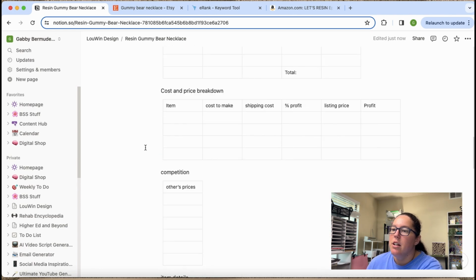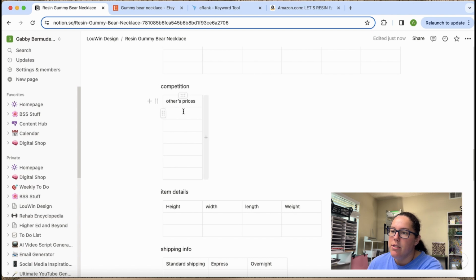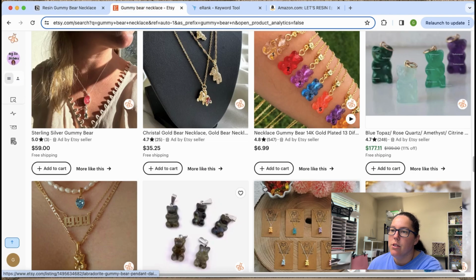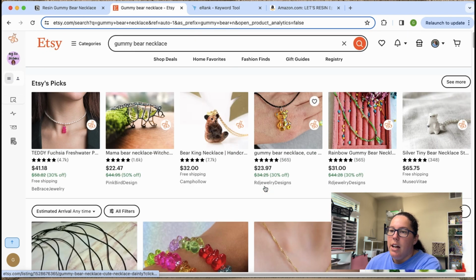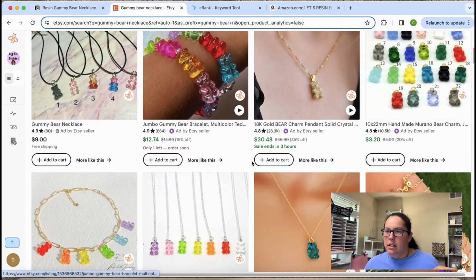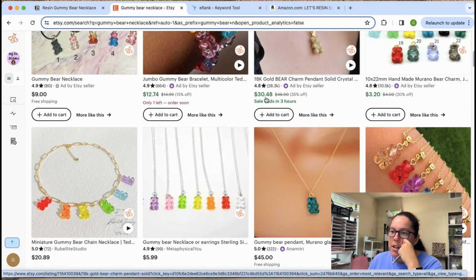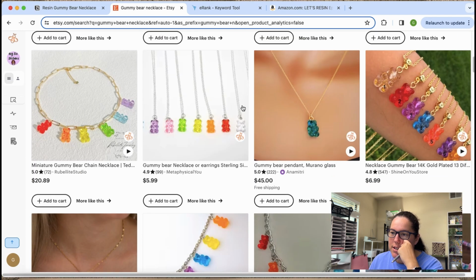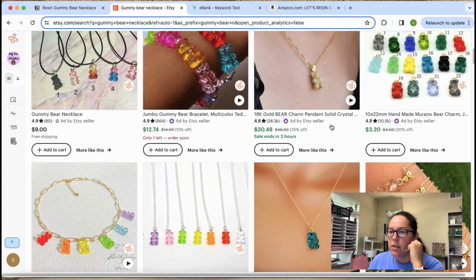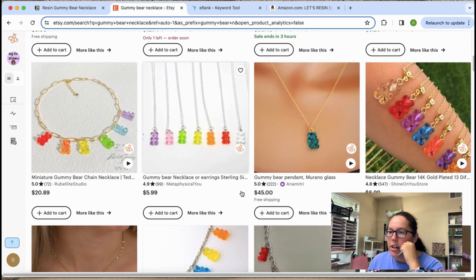Next, pricing. So this is down in details. I look at the competition, so other people's pricing. So I'll go up one more time, and then I look at the different pricing. So I might just write it down on a sticky note so I don't have to keep flipping back and forth. This is where I do skip the ads, and I'm also skipping the sale price. So if you could see, this is like $30, but it's actually $46 because it's on a sale. So I skip the first row of ads, and then I go down, and sometimes it's going to be